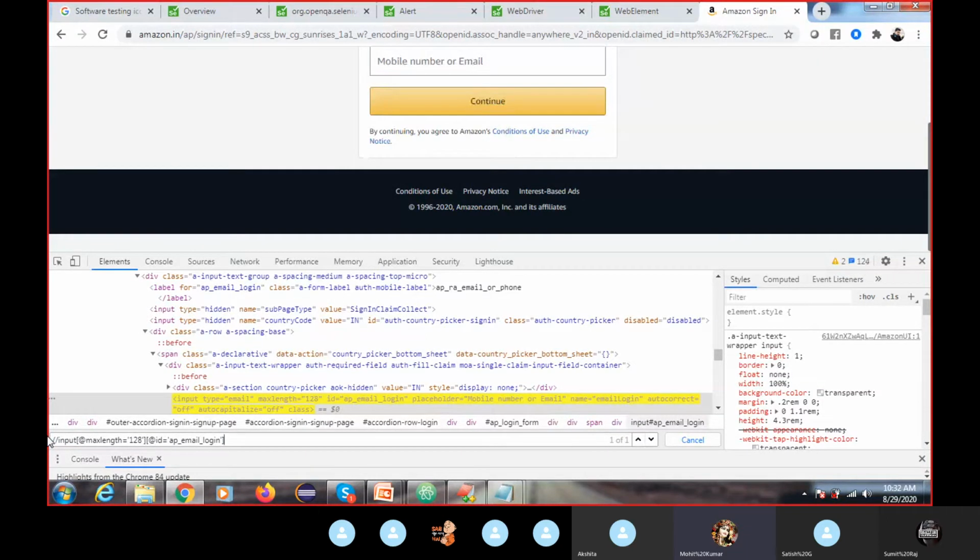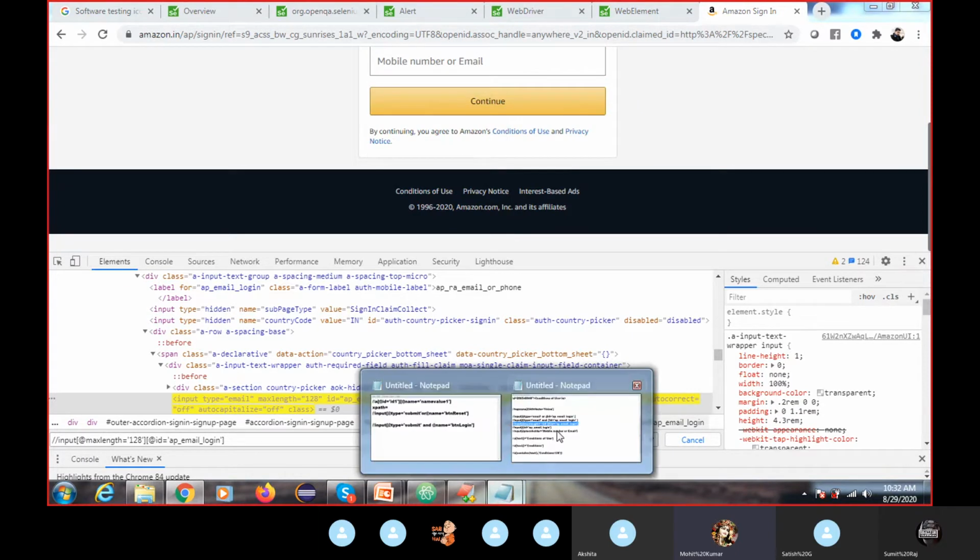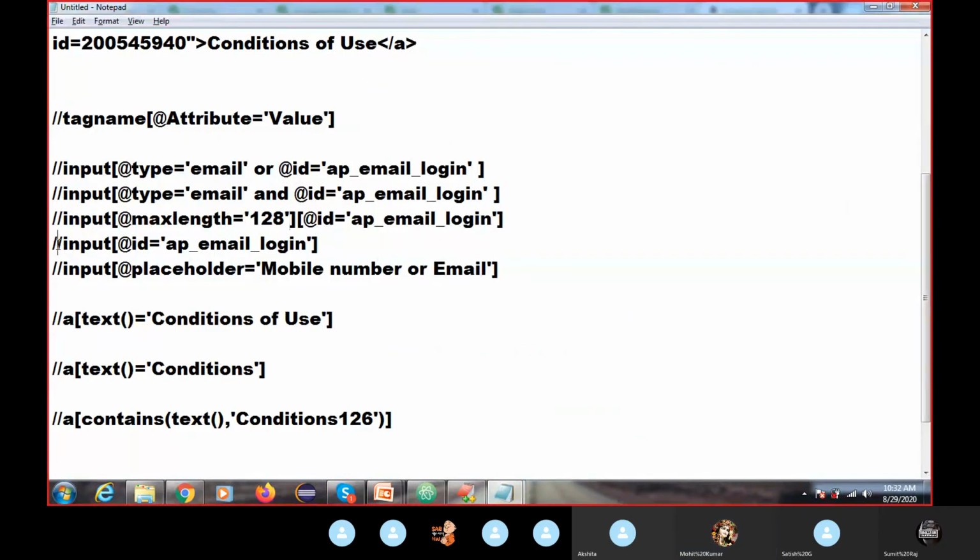Actually, we don't frequently use all of these types. What I will tell you is, as you keep finding elements, you will understand and it will become a habit. But in some places we are required to use them like that, so we should know the approach to finding the element.